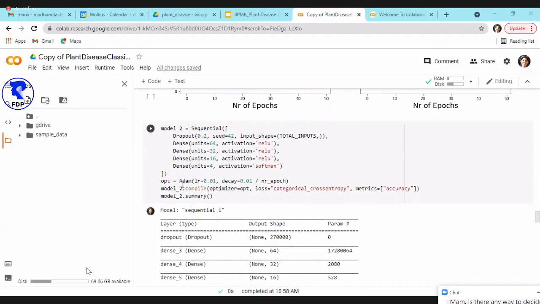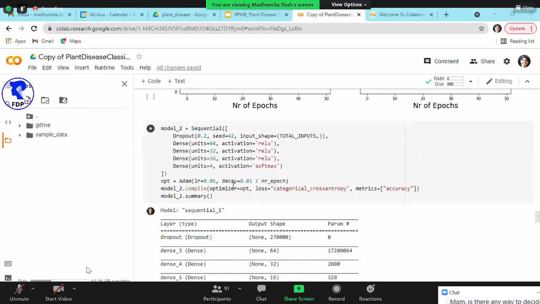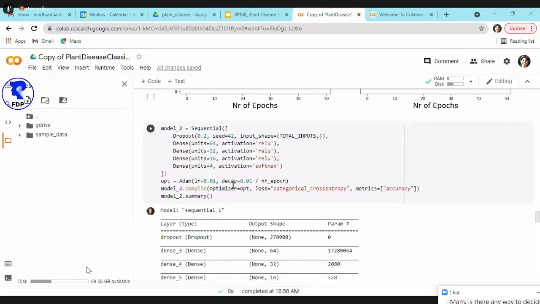Plus, in the optimization, I set the learning rate to 0.01. And I then pass on a decay so that after every epoch, the learning rate is reduced by another 0.01. So it will start with 0.01, then become 0.005, and keep reducing after every iteration.